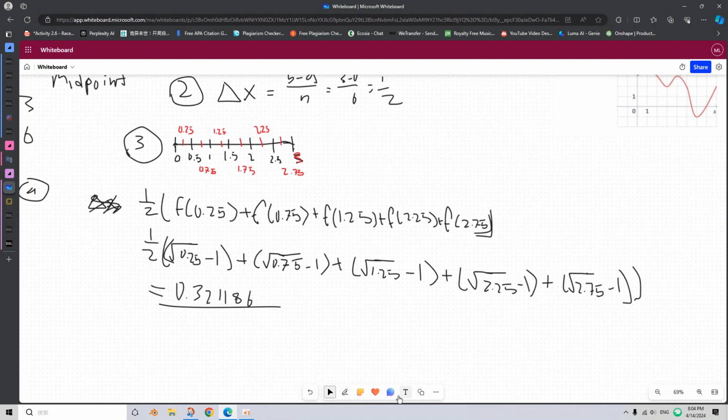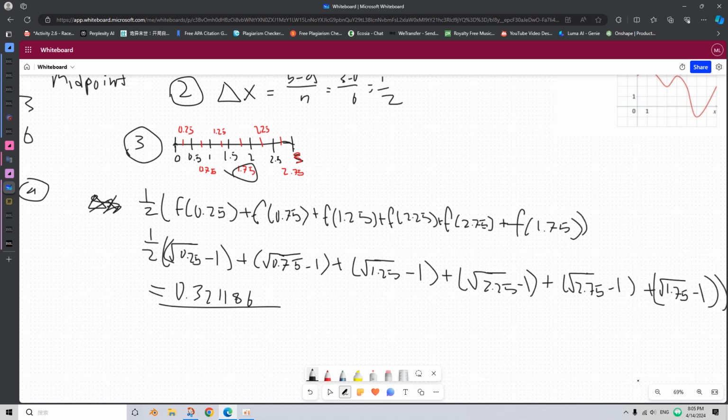I missed one here. Yeah, this is not hard, it's just very tedious. So if I did plus, I missed this one. And 1.75 minus 1. And we get our answer to be not this, but 4. Actually, no. It's